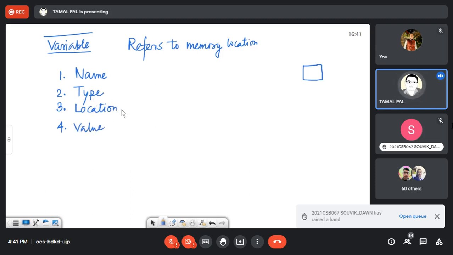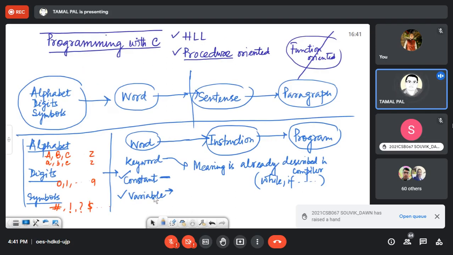These four are the properties of C variables. Now, what is name, what is location, what is type, what is value, I'm coming to. But before that, I think you have understood everything on this page.